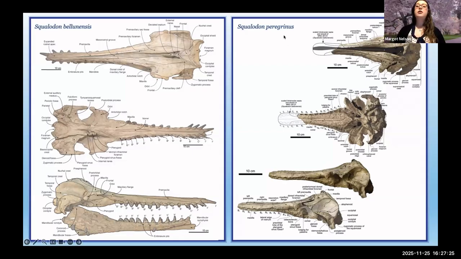Squalodon peregrinus is another species that was actually never formally described. It was pictured in a few places, but it was given a name in a museum guide and has basically not been touched since. So again, we formally described this specimen. We made 3D models of it. We captured images of it. And this now makes that specimen a lot more accessible. We can start doing some more interesting research. So we were able to reconstruct the rostrum of this animal and make some paleoecological inferences about it now that we have better data for it.